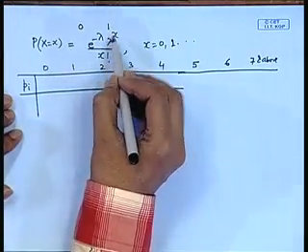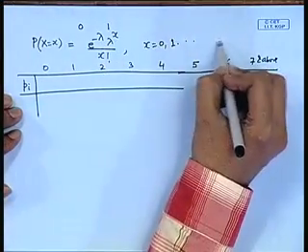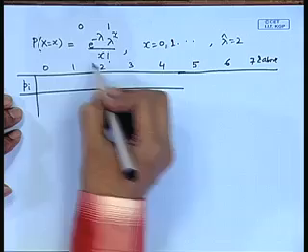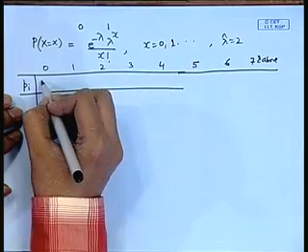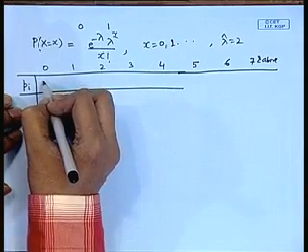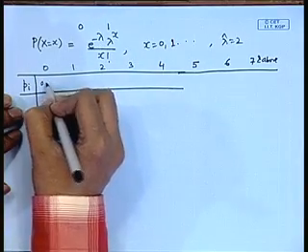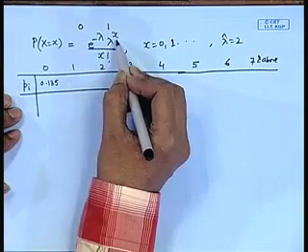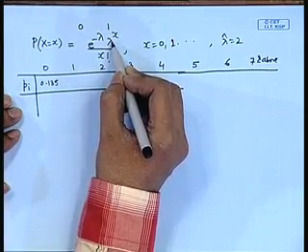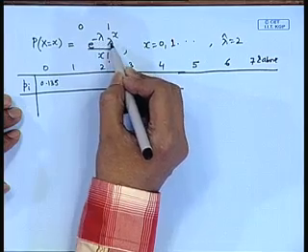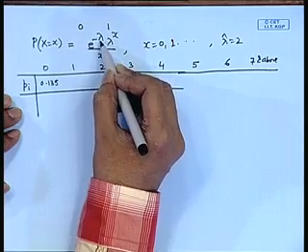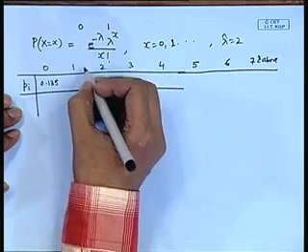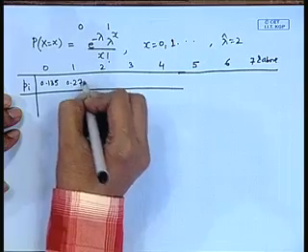So, substituting the value of lambda hat is equal to 2, we can calculate this is e to the power minus 2, that is equal to 0.135. The probability of x is equal to 1, that will become lambda e to the power minus lambda. So, that is twice e to the power minus lambda. So, it is 0.27,